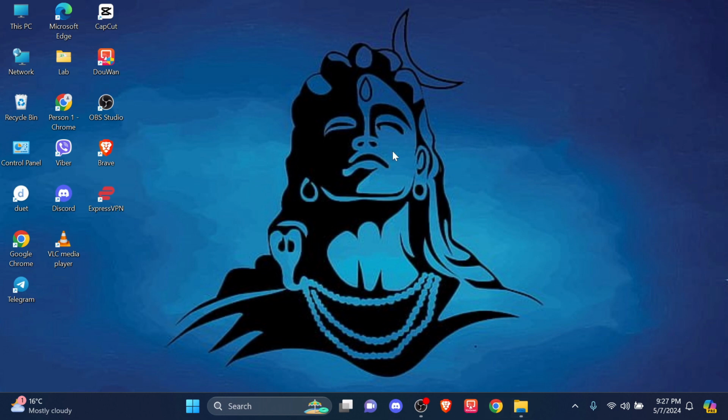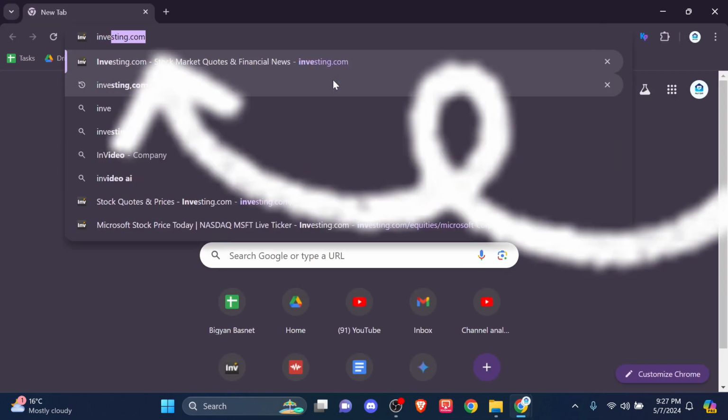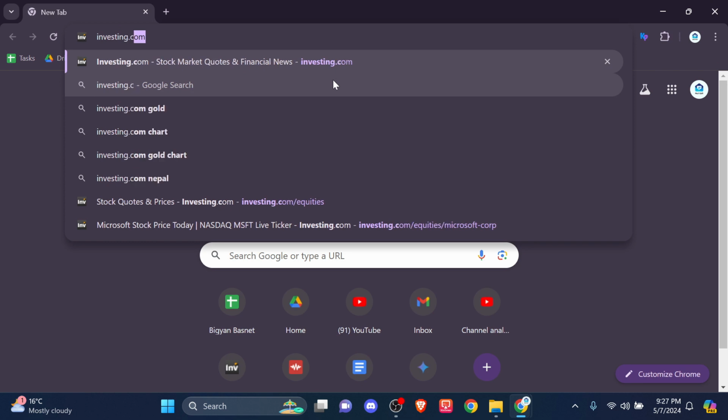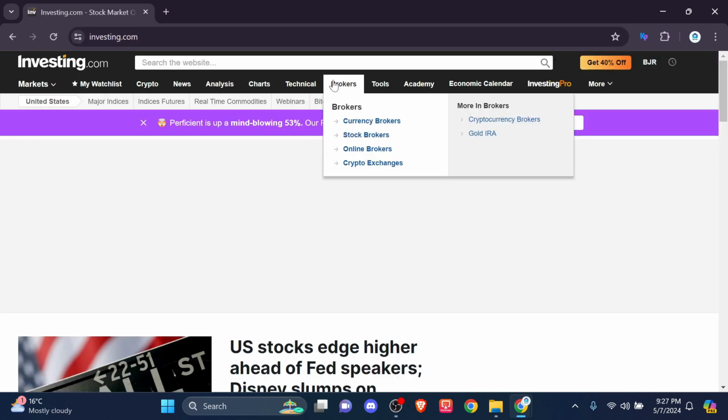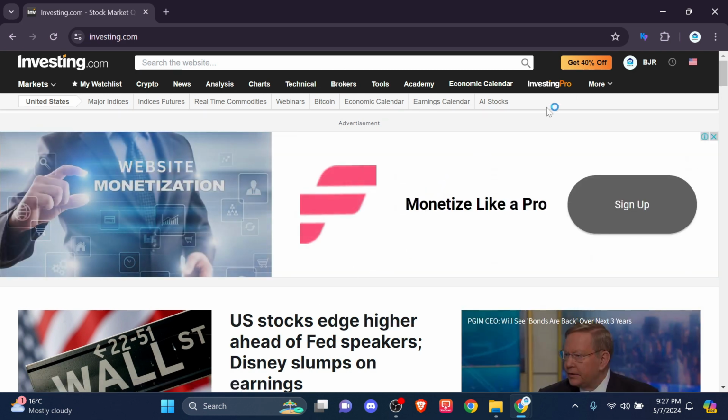Make sure you have a stable internet connection and let's dive into our default web browser. For now, I'm using Google Chrome, you can use it too. In the above search bar, you just have to type in investing.com. This will lead you to the official page of investing.com, and here you can find the various options available,